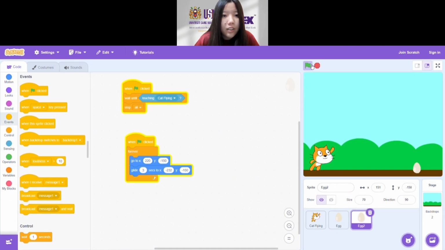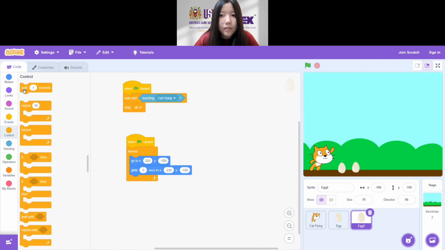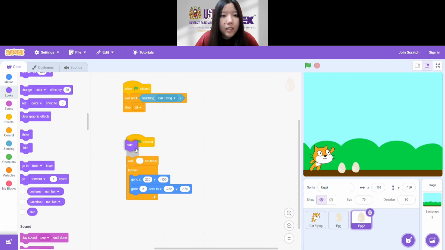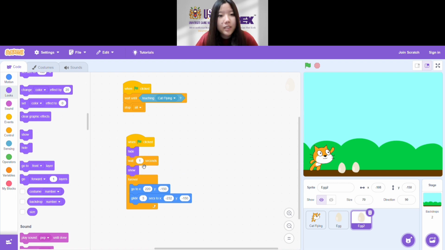Let's try it out. Okay, we can see the second egg, right? And that's because it's right on top of the first egg. They have the exact same code, therefore they are gliding at the exact same time. So let's make the second egg wait for another 1 second before it starts gliding. And then let's make it hide when the project starts, so it will be invisible, and then make it show once it's done waiting. This avoids the second egg sitting in the middle of the screen while it waits